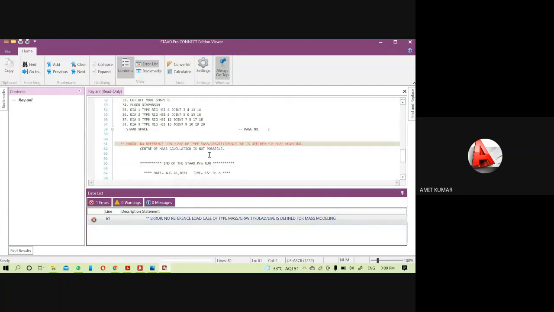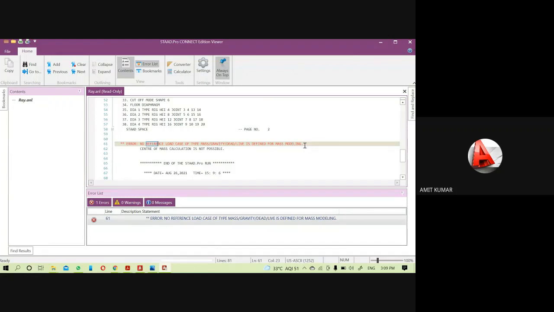Obviously we have to change many things to calculate it, like we have to provide the reference load cases and all things. That's why I will explain all these things in a project that I will complete in the response spectrum analysis. That's why I was trying to skip it here, but I just got an error. I was trying to sort it out, but I have to do all these things in the response spectrum. So when I do the response spectrum, I will show you one example of how to provide this floor diaphragm, and then how to check the story drift and all things in that. So I will cover this topic in the response spectrum.